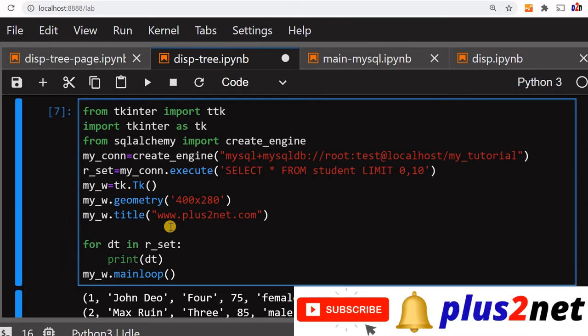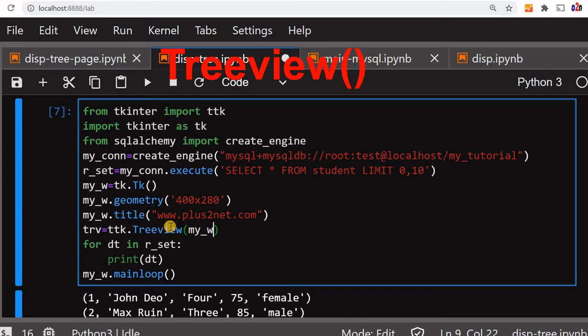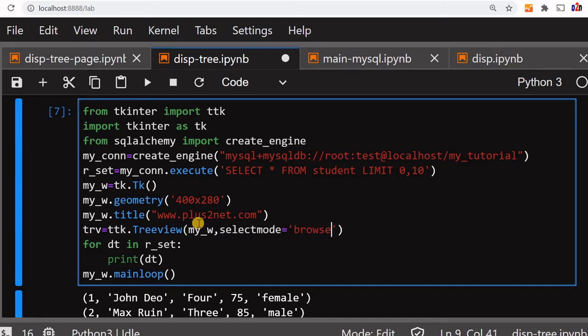So let's start our tree view first. We'll say trv, or tree view, equal to ttk.Treeview. You can give any other name. Now we will display it in our parent window, myw, which we have declared here. Now inside this, selectmode equal to browse.